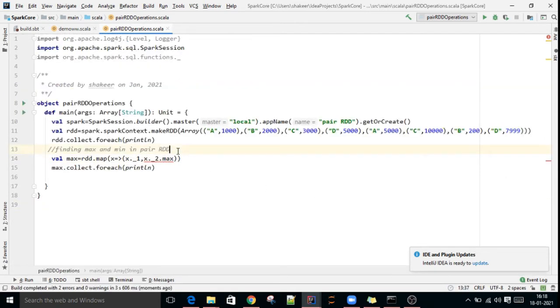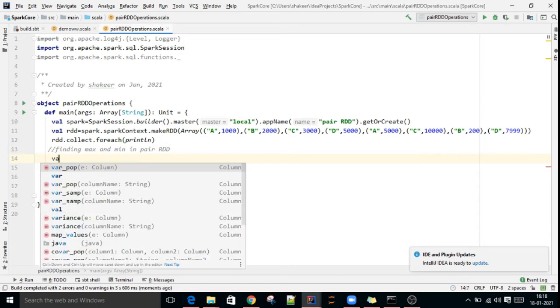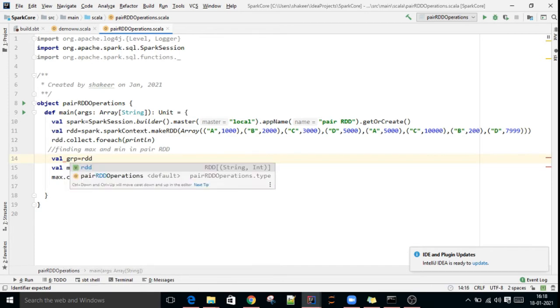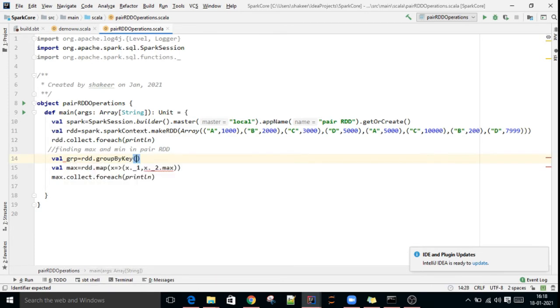To avoid that, before applying aggregate operations I will apply groupByKey: val grp equals rdd.groupByKey, and then use grp.